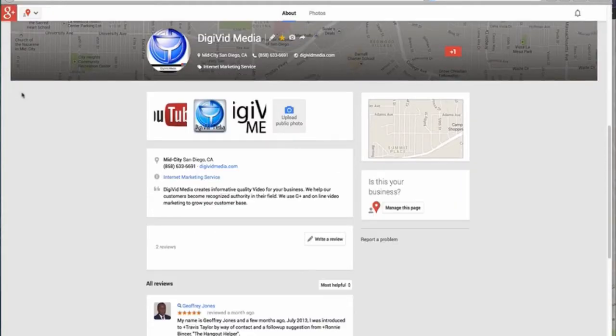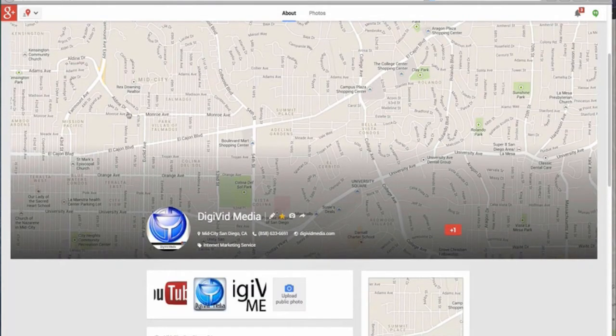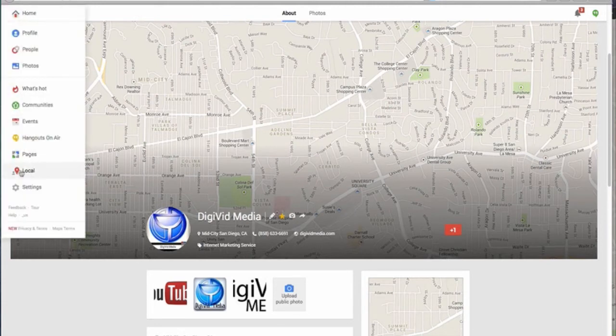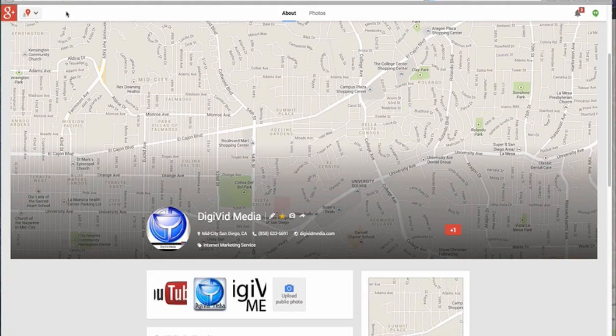But first, there's one more area that all of our Google Local information shows up, and that is in Google Plus. Now, we are in Google Plus, but we are not on a Google Plus page. You saw my Google Plus page earlier, and this shows a map, not the page with the clouds and the light coming up. So in here we are in Google Plus, but we are in local Google Plus. See down here it says local, and that's the image that it's showing. So anytime you see this image up here in the upper left-hand corner next to Google Plus, of course you're in Google Plus. You're no longer in the Places or Google Local.